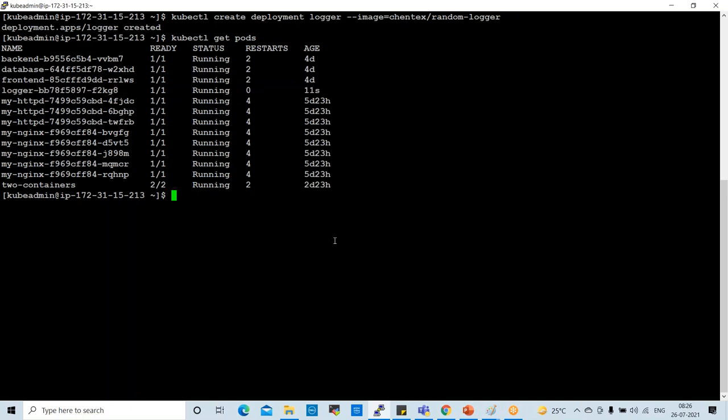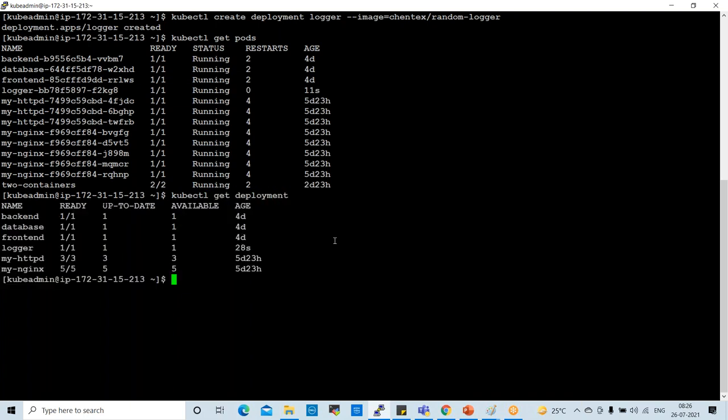Now, if you check kubectl get deployment, we can find the logger deployment here. Now, I want to scale this logger deployment to 3 replicas.